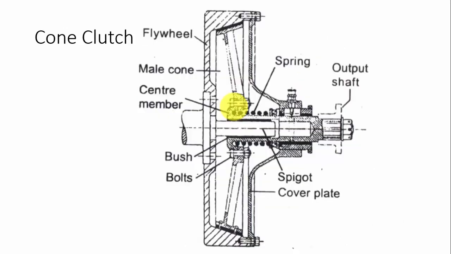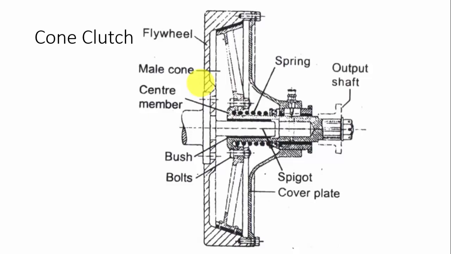And then the cone clutch. The cone clutch is a type of clutch which has some advantages. Let me list down the advantages. The first one is that the normal force acting on this contact surface is greater than the axial force. So it will transmit more torque compared to the normal plate clutches. We can transfer more torque with a small size of clutch, and also it will have very little clutch noise while engaging and disengaging. That's why this type of cone clutch is used. But the construction and working principle are the same as the single plate and multi-plate clutches.